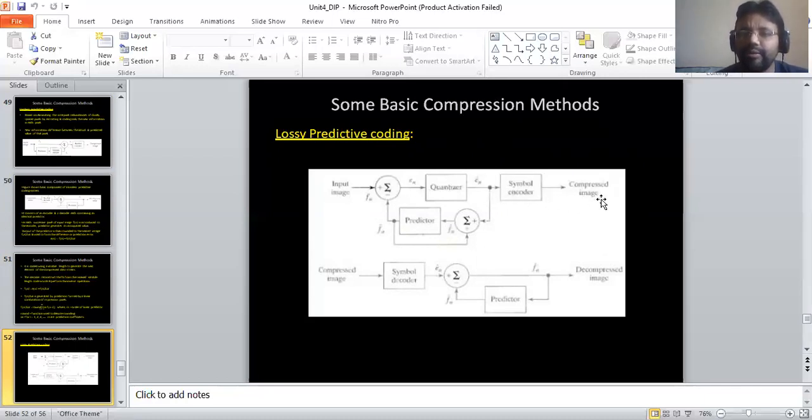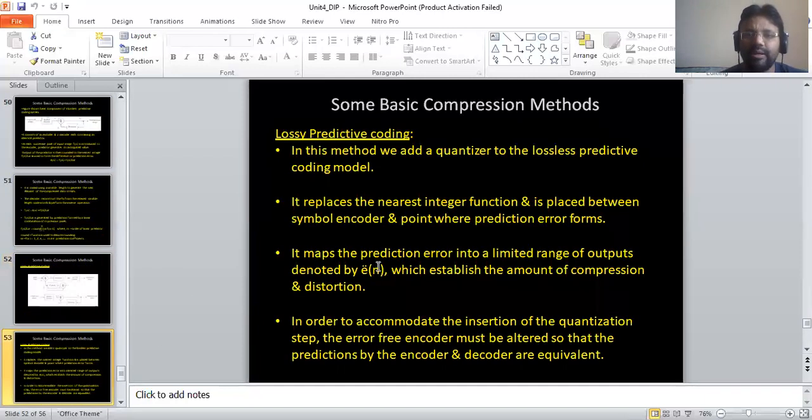So firstly we put the compressed image, and rather than the symbol encoder we put a symbol decoder over here. Then e n cap comes, and this f n bar, which is again from the predictor, and finally passes through, and we take the subtraction unit over here, so it will be e n bar minus f n bar, and it becomes f n, and it decompresses the image. So this is just the opposite way of decompressing the image compared to what we initially took when we talked about lossy predictive coding.